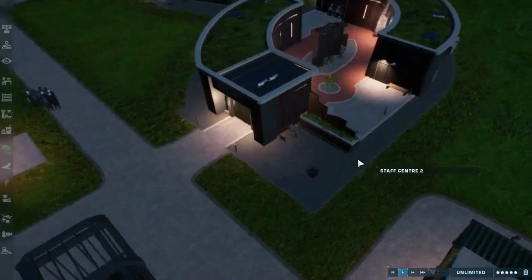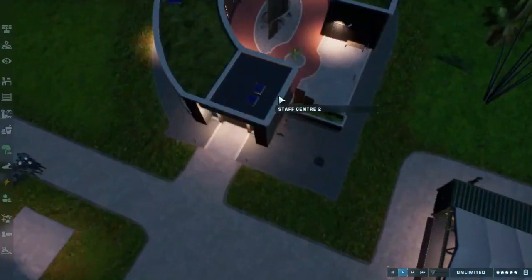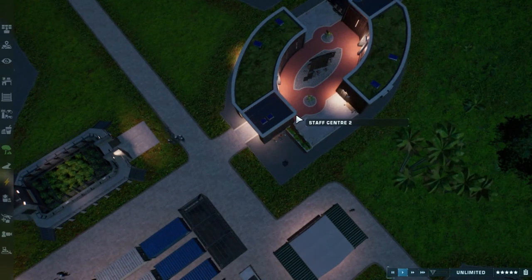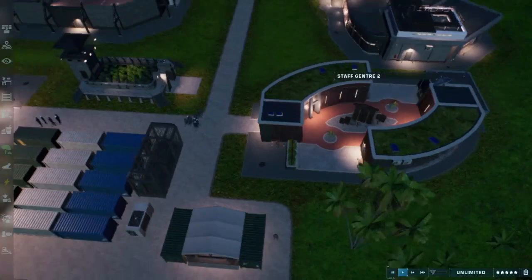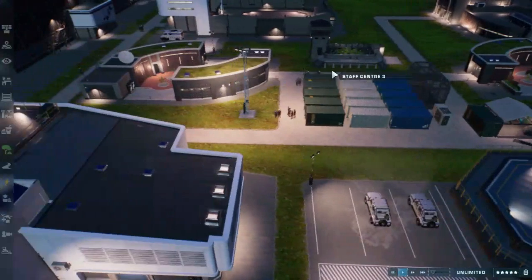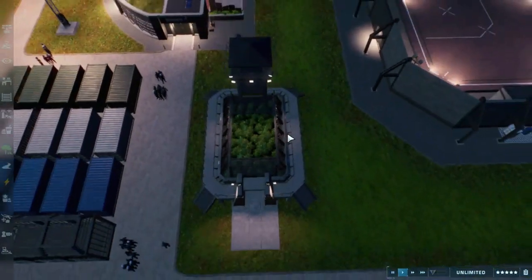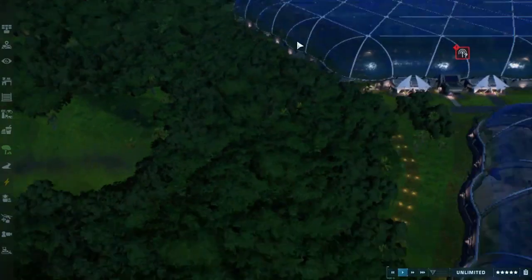And I used the Biosyn staff centers because if you remember, there was this one building in Camp Cretaceous Season 5 that had that cool garden patio, golf course type thing. And so I want to have that same exact feel. But, Jurassic World Evolution 2. This Jurassic Park Raptor Paddock is meant to be sort of like a nursery where they raise some of the baby dinosaurs. And then the last sort of